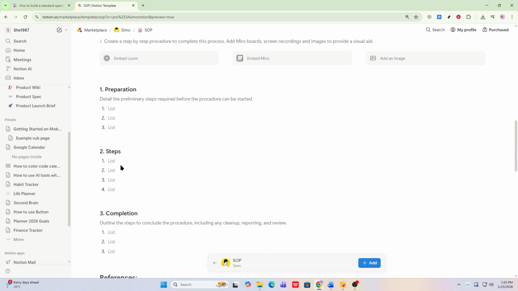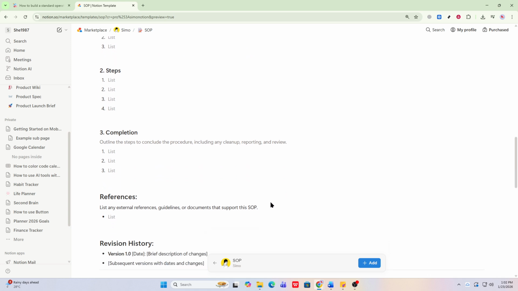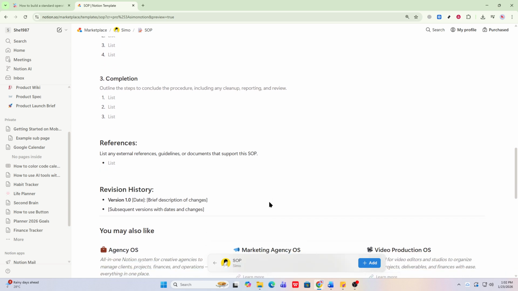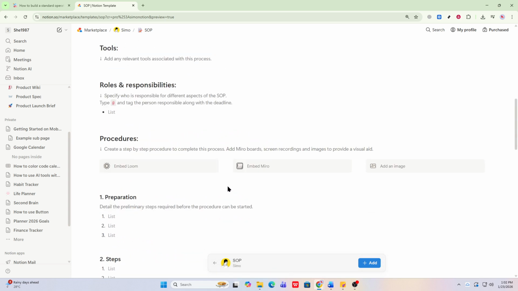Capture confusion points, clarify missing steps, and refine wording. Maintain it as a living document. Update when tools change, archive old versions, and encourage feedback. Watch out for common mistakes like over-documenting the obvious, skipping decision points, lacking ownership, skipping updates, or writing in abstract